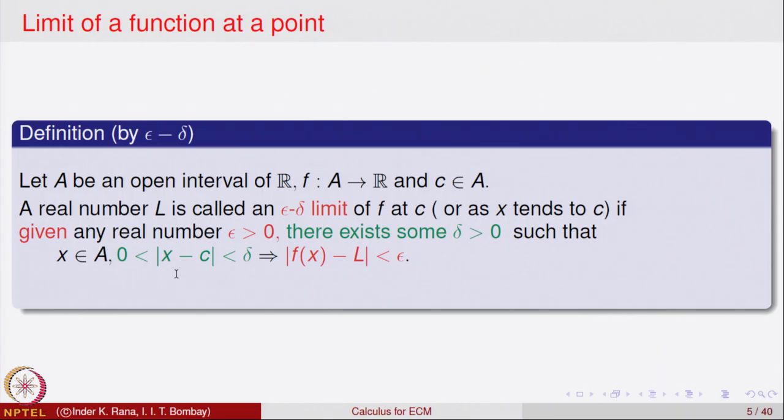This should happen for every x not equal to c, but distance between x minus c less than delta. So, this you can call the epsilon delta criteria for existence of the limit. Once again we write the limit x going to c of f of x is equal to L. We gave some examples last time of how to find the limit of a function if it exists using